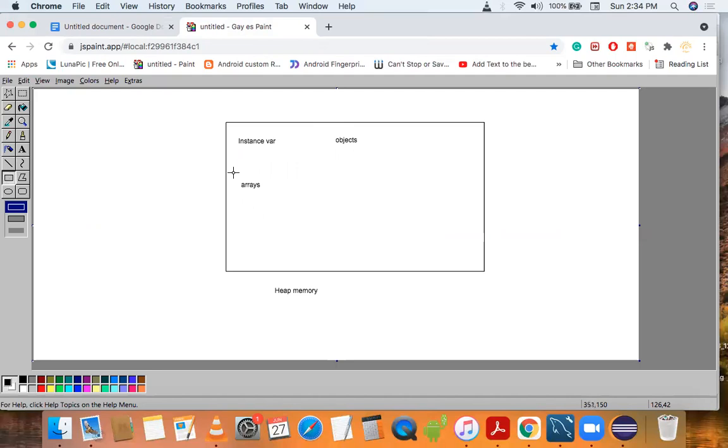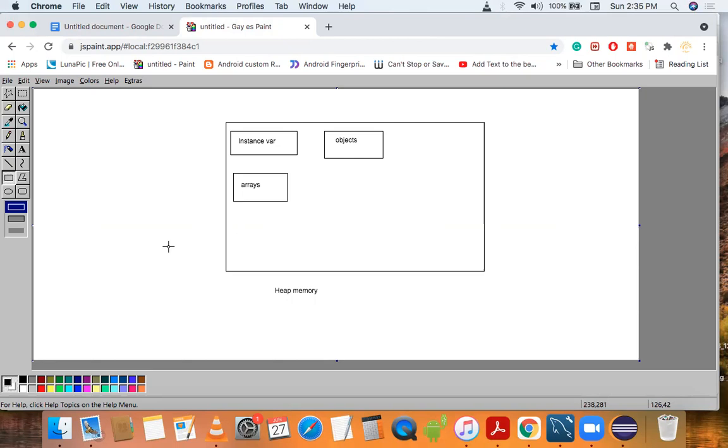So all array we store in heap memory, all instance variable we store in heap memory, all objects we store in heap memory. So basically, a heap memory can be accessed by multiple threads. So this area is not thread safe area because multiple thread can access this area.